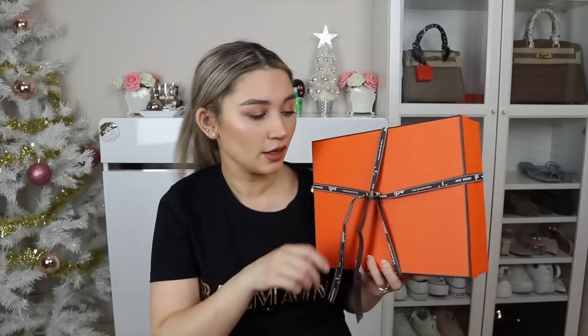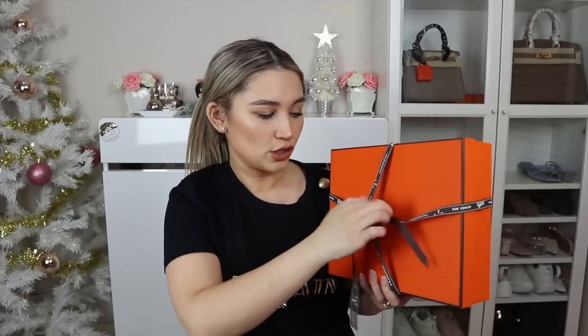Next one is, like I said, it's not a bag, so I think the next best thing that you can kind of guess from it is shoes. So inside is shoes, and I had ordered these, I think a couple months ago, and then I wasn't able to get to the store until November,